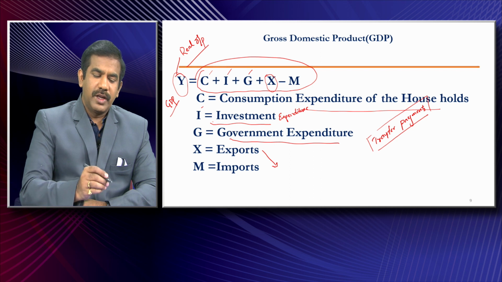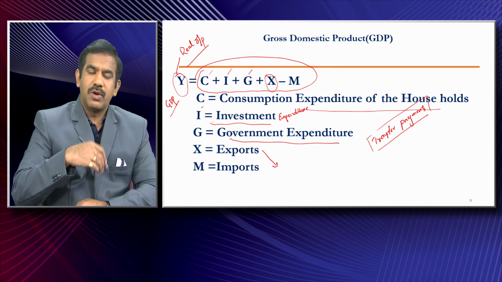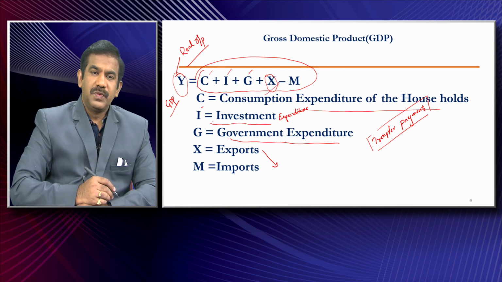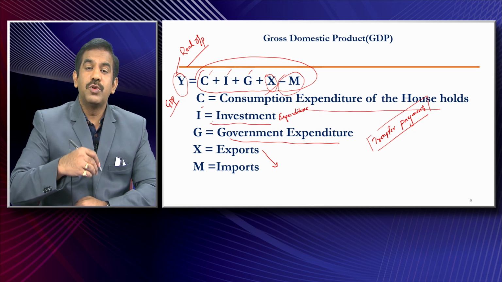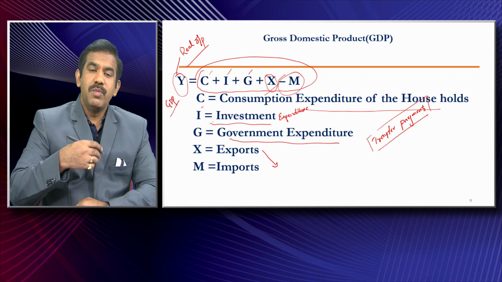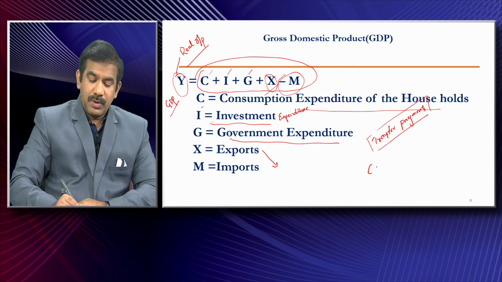Now, to the expenditure of households, investment expenditure and the government expenditure, we are adding the exports, because all these exports are produced within my domestic territory, and hence as per my definition I add exports. Then why am I subtracting imports? Because anything that we are consuming that is produced by people outside India is, as per my definition of GDP, not domestically produced. Hence all the expenditure that we make on imported goods is what I am subtracting.